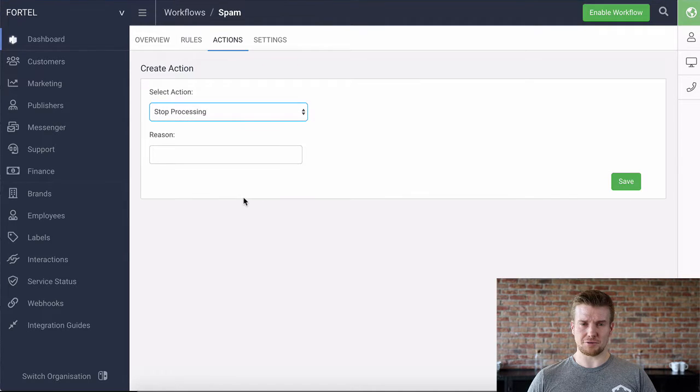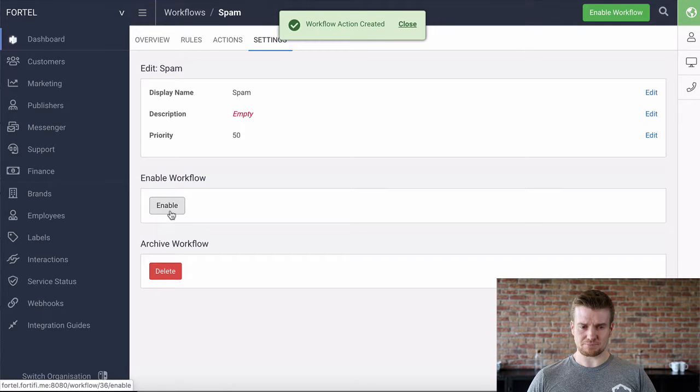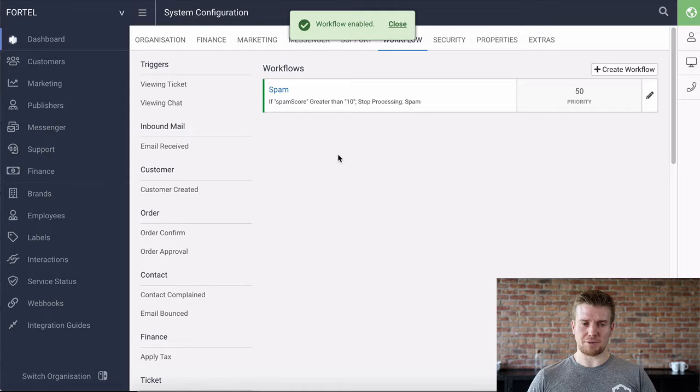I'm going to set this to stop processing, and this basically means that this email has been received, we've hit this workflow, and that's all that's going to happen to it. No support ticket will be created off the back of this email. I'm going to give it a reason of spam and save that, and on the settings I'm just going to enable this workflow so it will start triggering for any new emails that I receive on my organization. If we pop back to workflows now, we can see we now have a workflow created with a spam score